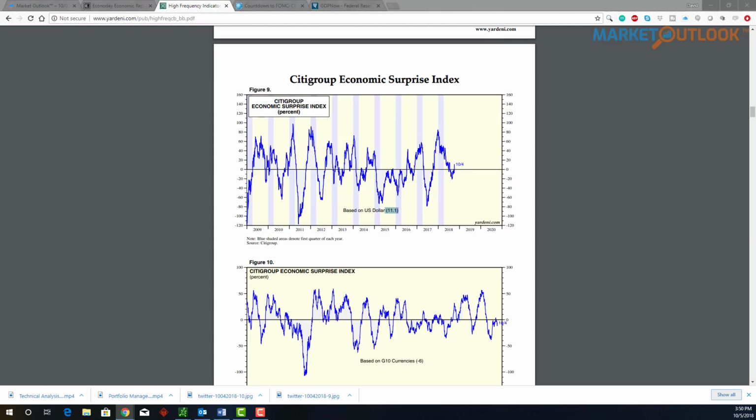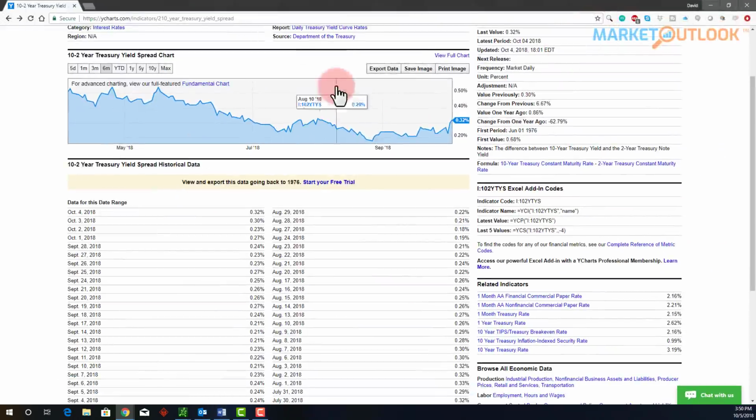But remember, if I were to look here, I got this chart from YCharts. Let me bring this over for you. You can see this is the yield spread. The yield spread had dropped all the way to 18 basis points at the end of August. Since then, we've almost doubled. Granted, it's a low, small number, so it's not much to double. And we haven't gotten above the high point that we had in July, but still you can see the yield